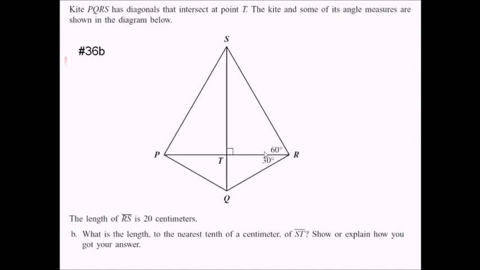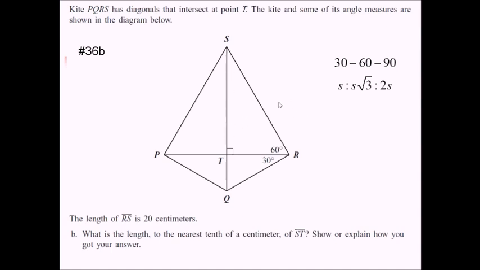So the key on this one is that we actually have a 30, 60, 90 triangle here, and you might remember the ratio, which is on your formula sheet. It's s, s root 3, and 2s, depending on what side you're across from. So I'm going to go ahead and label this triangle now, and then we can use this to figure out